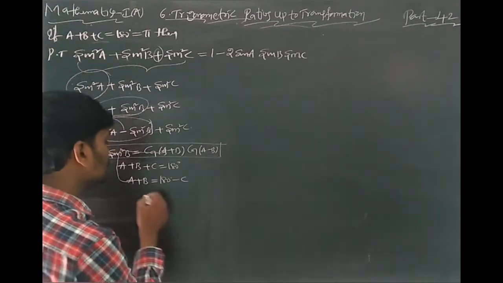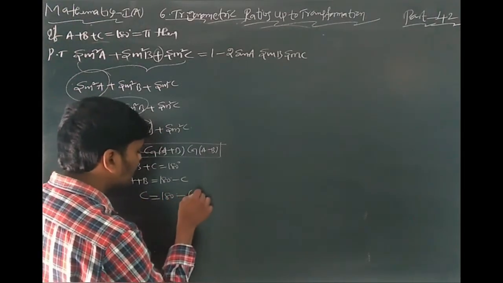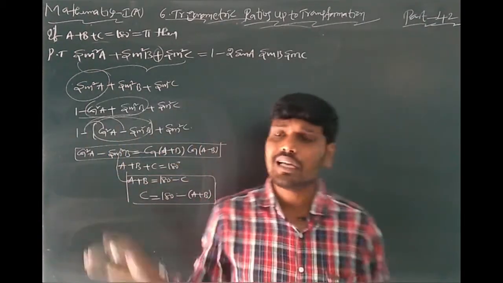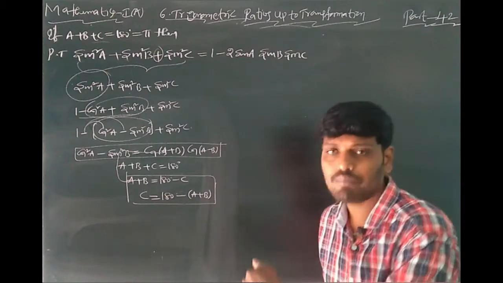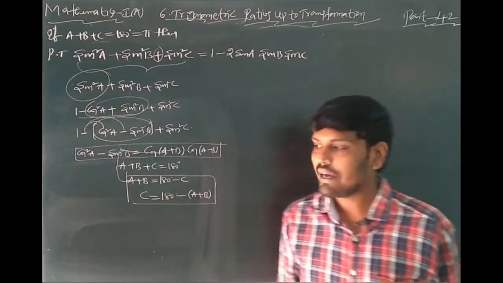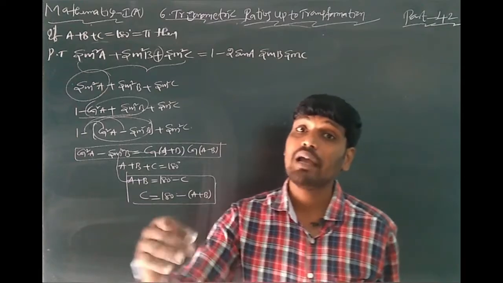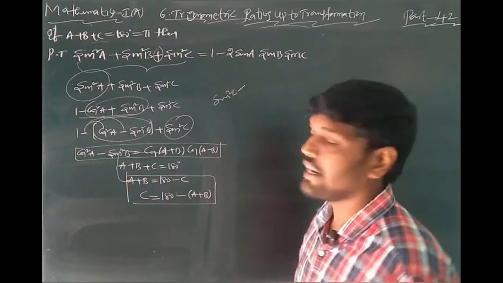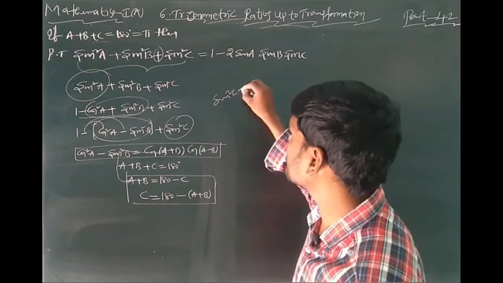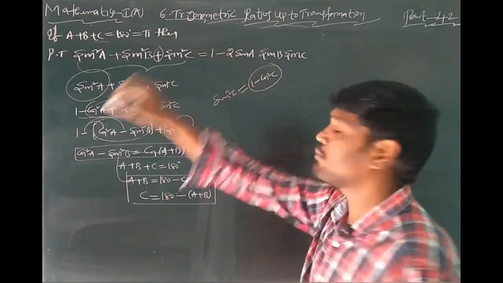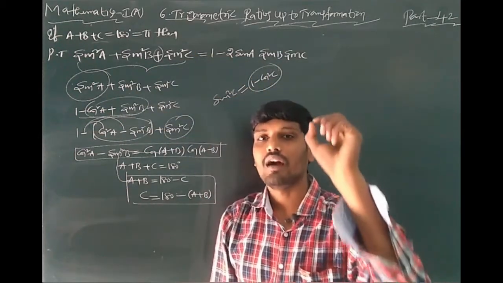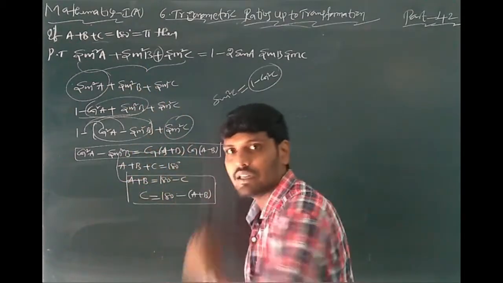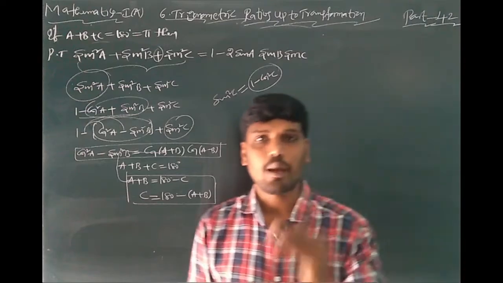After that, sometimes you can use C. C is equal to 180 minus of A plus B. This is also an important formula. Here, you can do that in this problem. To solve this problem, you can use A plus B value is 180 minus C and C value is 180 minus of A plus B. After that, in place of sin square C, sometimes you can write 1 minus cos square C, in terms of cos C. Okay, students. We are using these hints, these formulas, these conditions. You can use them to solve this problem.